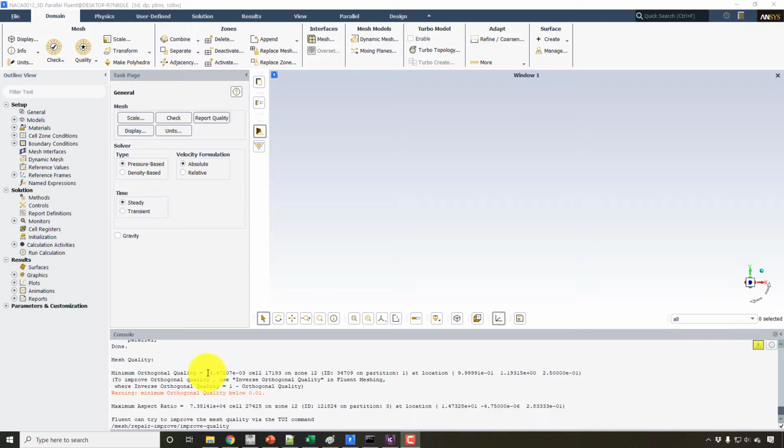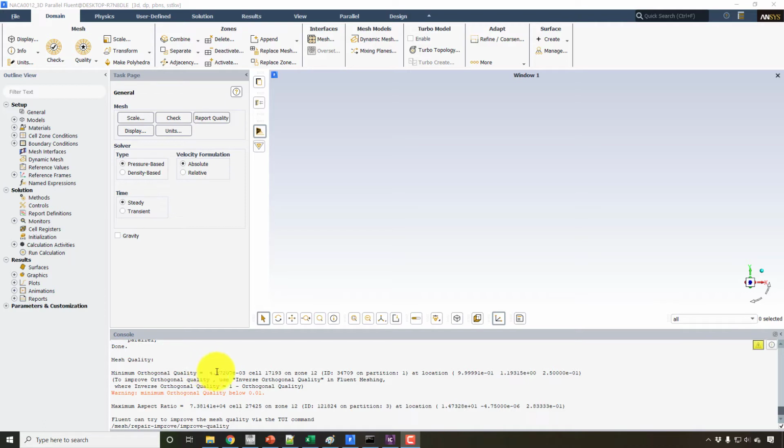In very general language, the cell's aspect ratio is defined as the length of the cell divided by its width. There are proper mathematical definitions, I will not go into that, but for a rough definition, it's length divided by its width or its height. So these factors combined will give you the orthogonal quality.